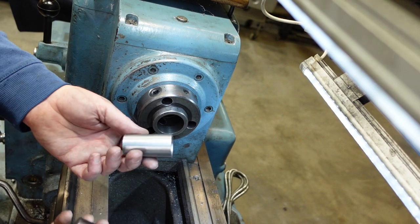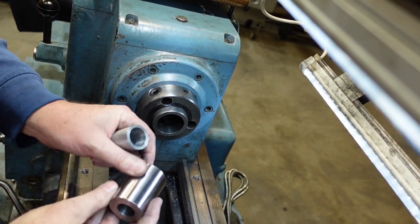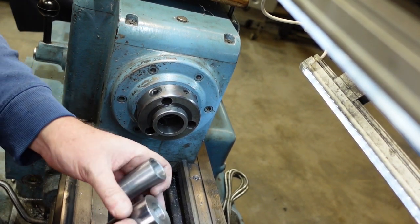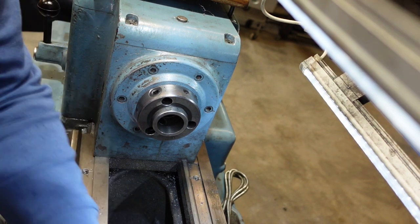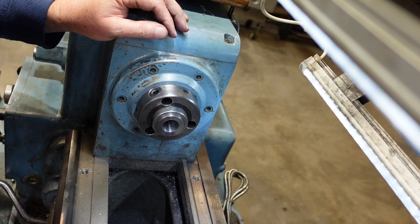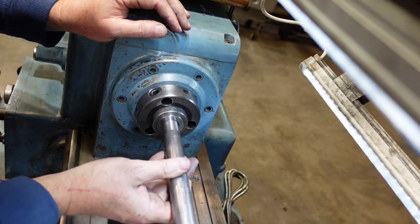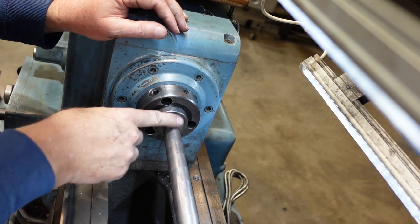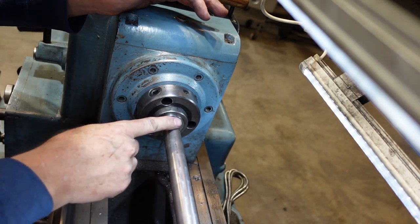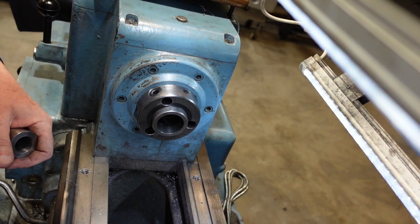All done. So there's the M3 to M4 and the M3 to M5, and the way these things work is that they go into the headstock, and then you can mount a centre, or in the case of the arbor that I turned the other day, you can mount the arbor using a drawbar, but then do all sorts of finish turning on there, and that will give you the final